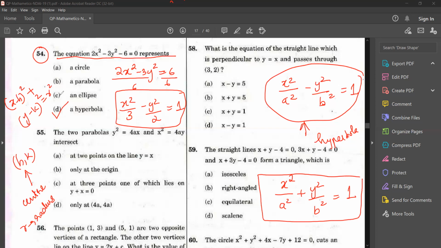So here the answer is hyperbola. This is a question from conic sections. From conic sections, you have to learn by heart the equations of the figures like parabola, ellipse, hyperbola, circle. Please copy this down. If you don't know the equation of an ellipse, note that down also. This is the equation of a circle. This is the equation of a hyperbola. Parabola we'll see in the next question, which is with respect to parabola, so we'll see that in detail.